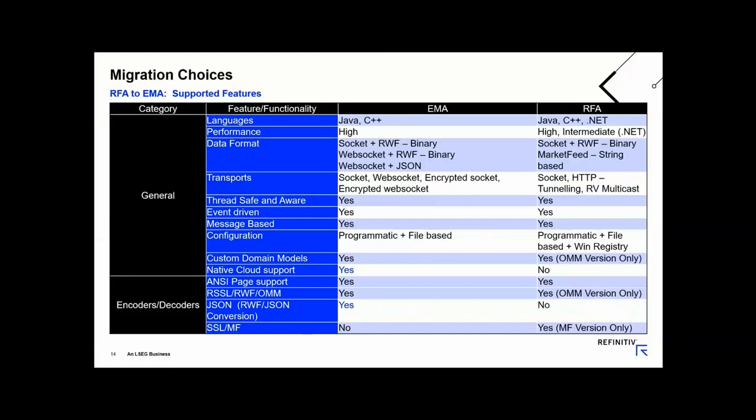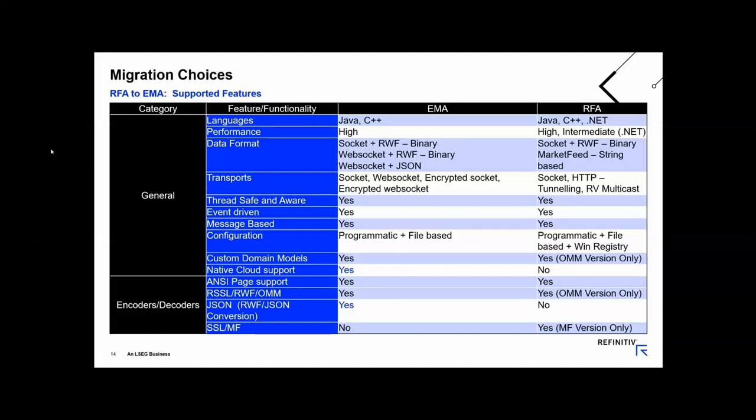As we saw with SFC earlier, EMA supports pretty much the major functionality of RFA, along with several additional benefits. The key one is ease of use. As you'll see shortly when I show you some RFA code, it contrasts sharply with the EMA code that Wasabi has already shown you, where there are tens and hundreds of lines of code compared to the several lines we saw in EMA. So that's one of the key benefits between EMA and RFA.